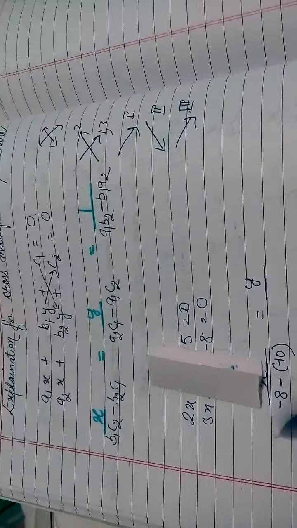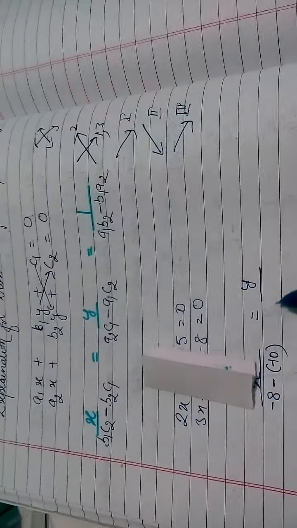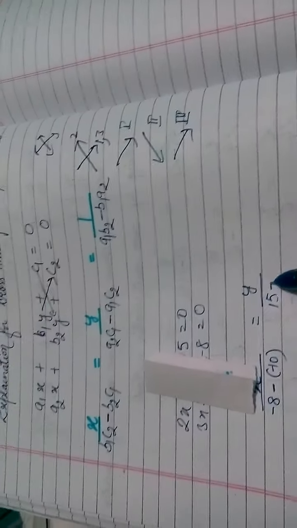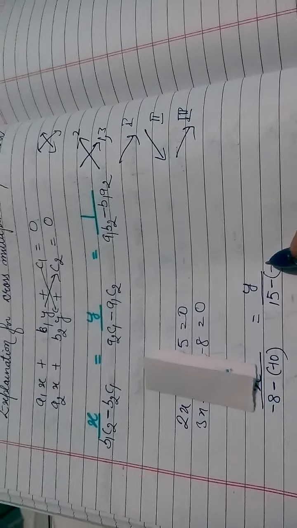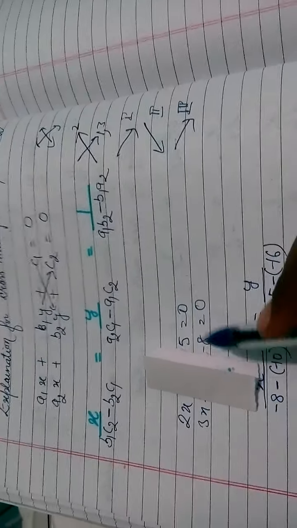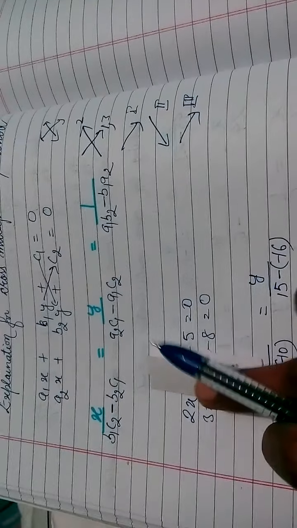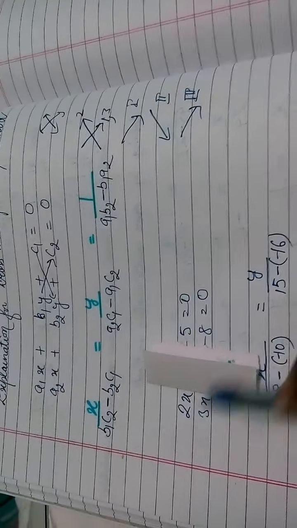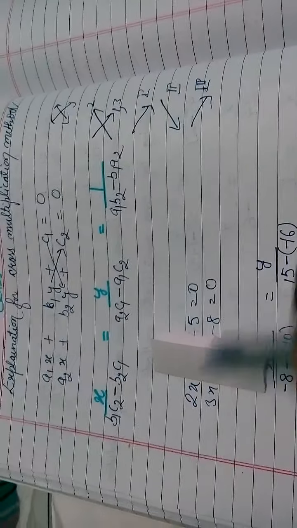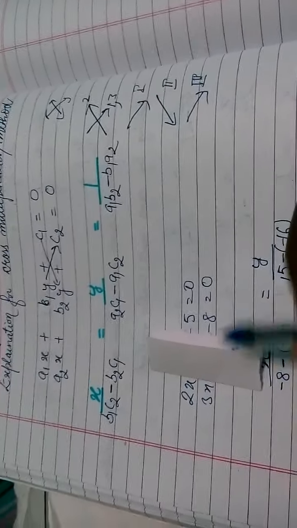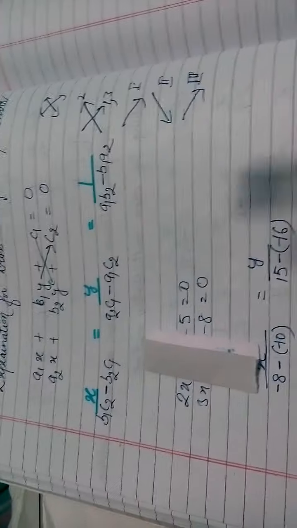now forget the y, and in the second step you have to move like this. 5 3s are 15, and minus 8 2s, so minus 16. The sign should be mentioned very properly. You don't have to forget the signs. Do keep the sign in mind when you are multiplying.